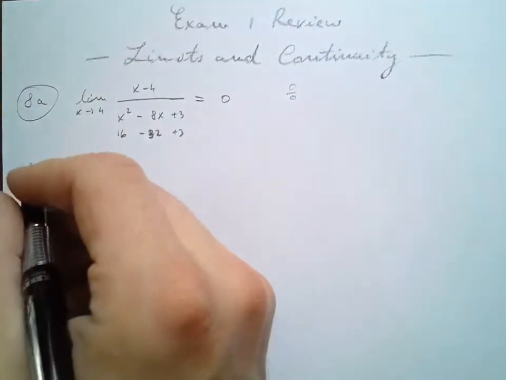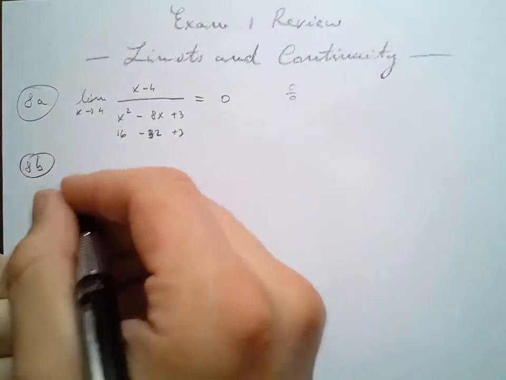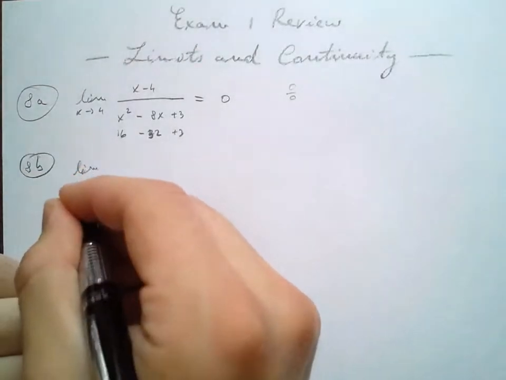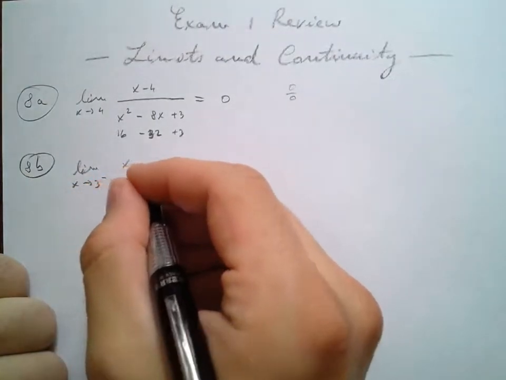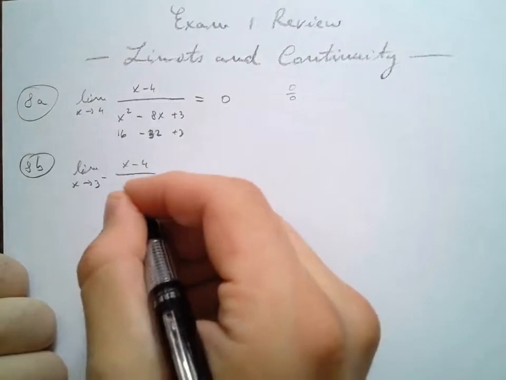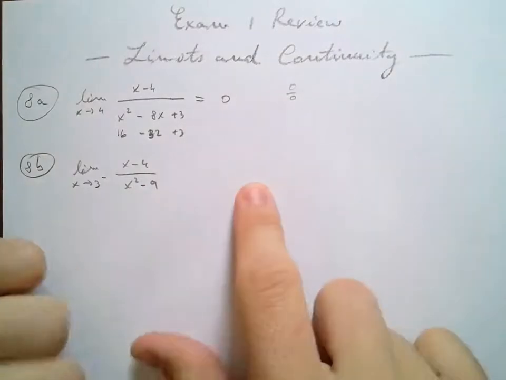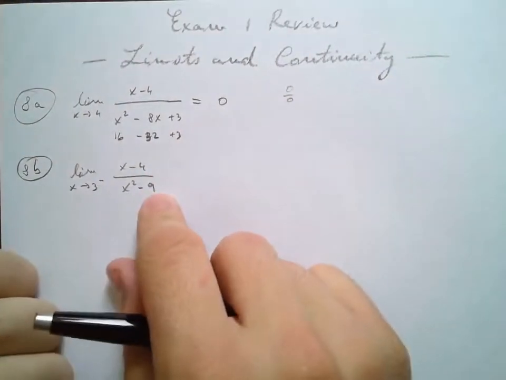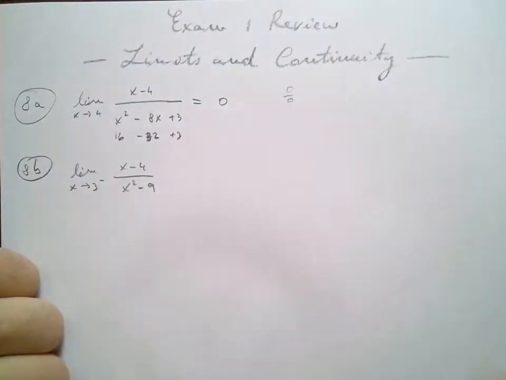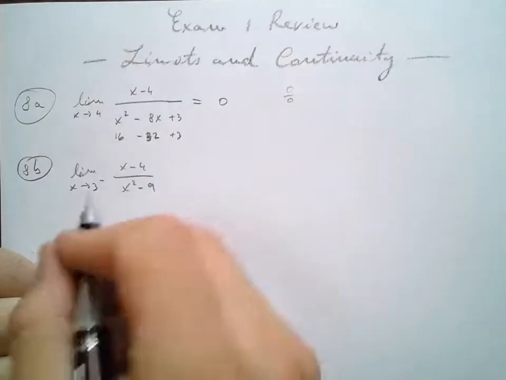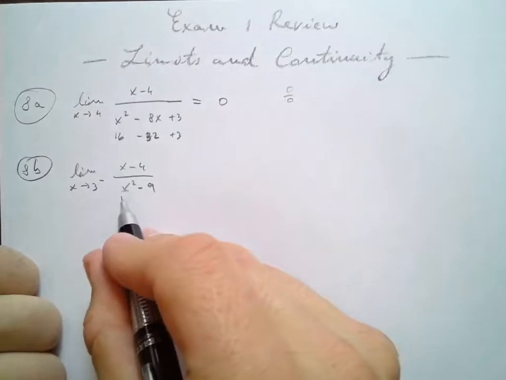Let's move on to problem 8b. And here we have a one-sided limit. It is the limit as x approaches 3 from the negative side of x minus 4 divided by x squared minus 9. And of course, when you plug in 3, you get a 0 in the denominator, which means the limit is either plus or minus infinity, and we are interested in finding out which one it is. Now, if I plug in 3 from the negative side, that means I'm taking the limit with numbers that are less than 3,